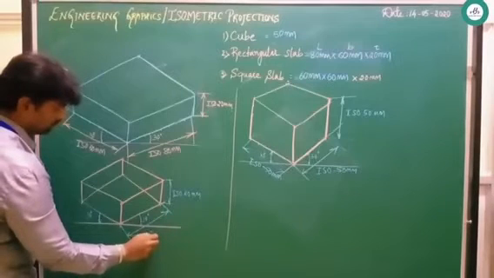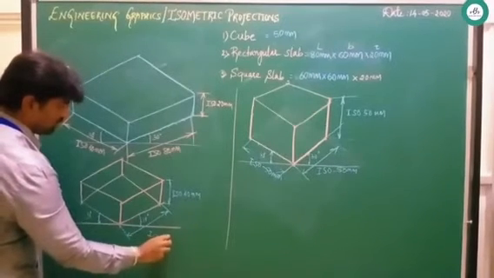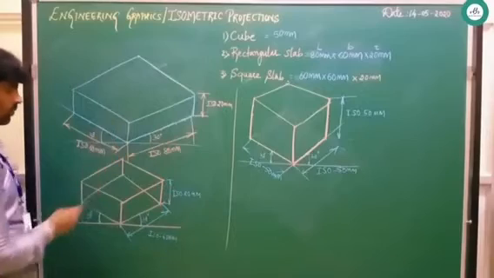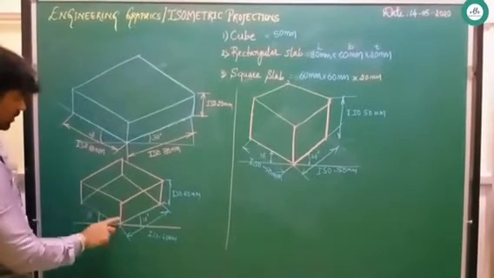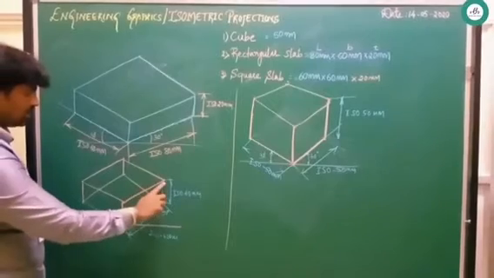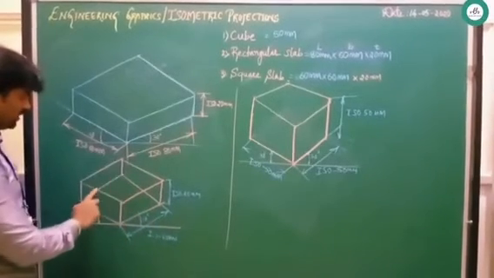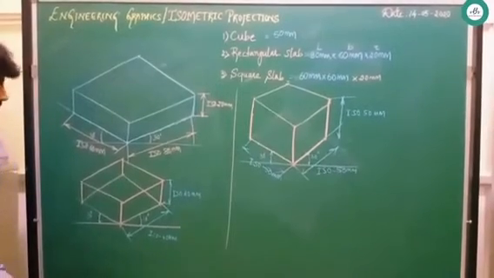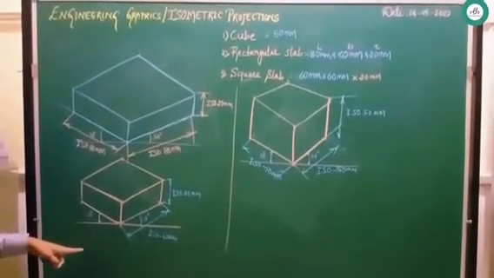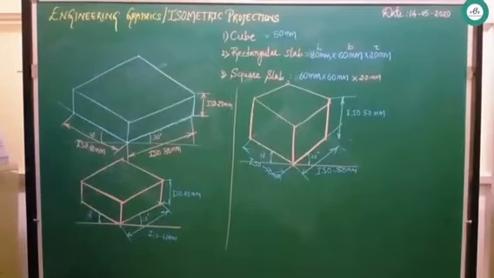ISO 60 mm. Same as the previous problems, the faces are clearly visible, that is top face, the left side face and the right side face. You can erase these middle lines and complete the problem. After erasing, it shows like this.